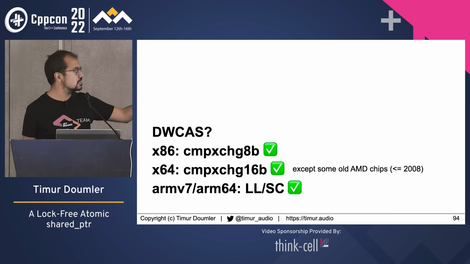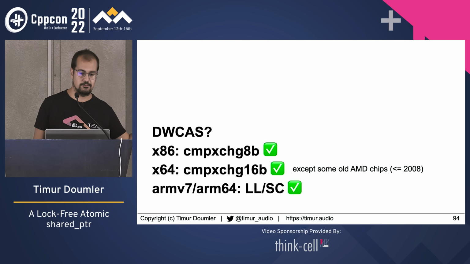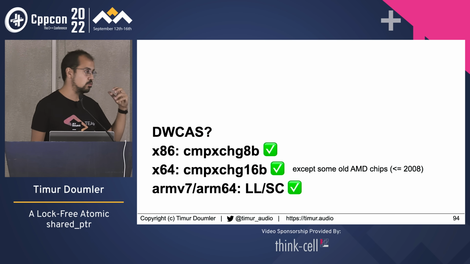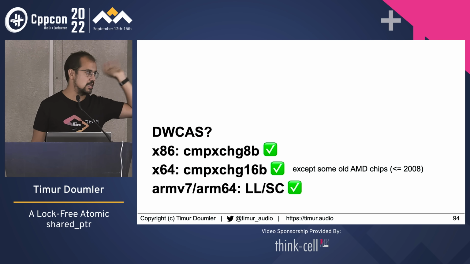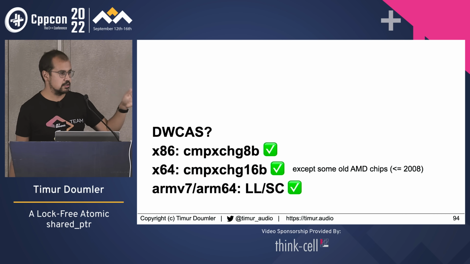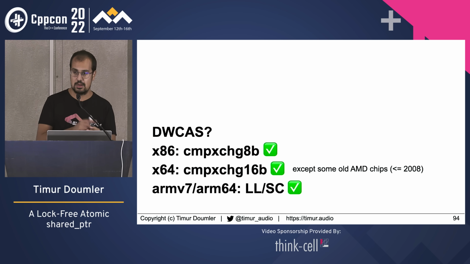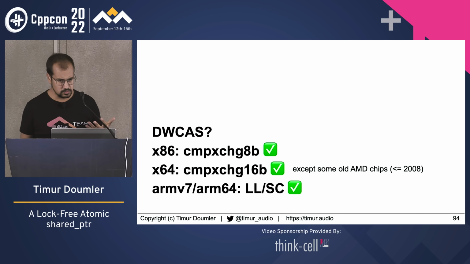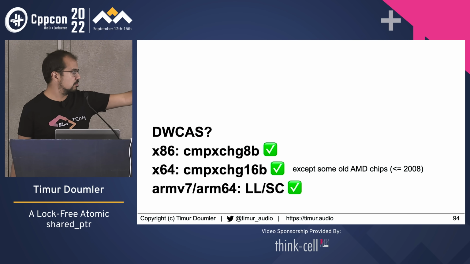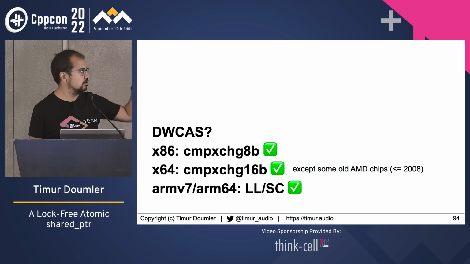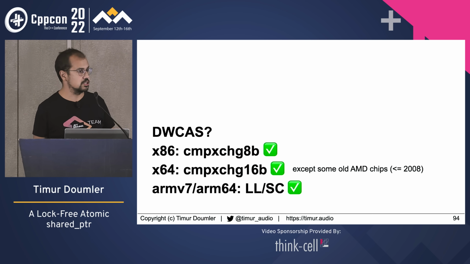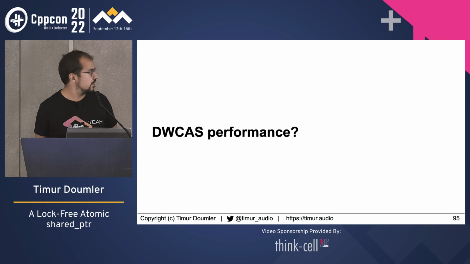But since then, every x64 CPU does have this instruction, and actually Windows requires it to run since Windows 8.1. So if you're running Windows, you know it's there. If you're running macOS, you know it's there. If you're running Linux and you have one of these really old chips, it might not be there. And then on ARM,